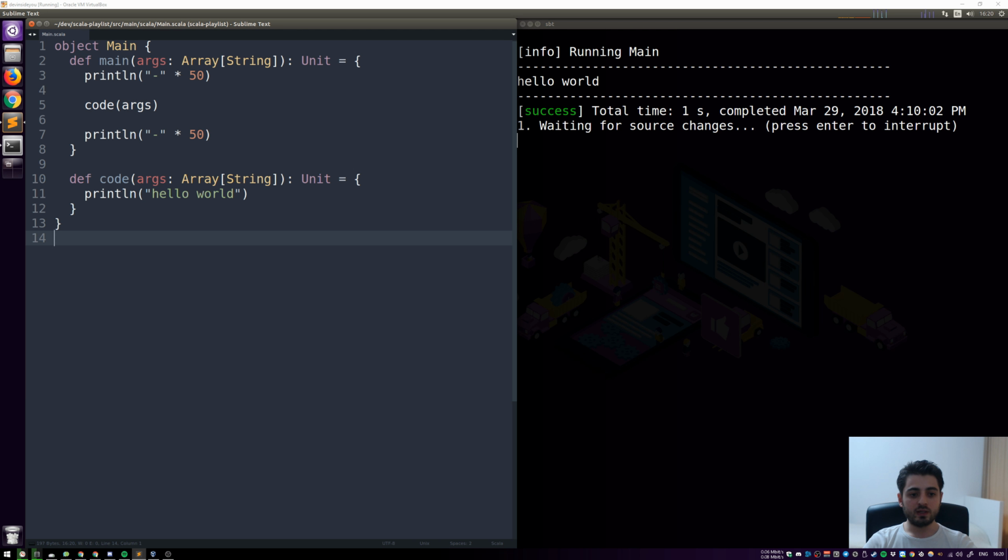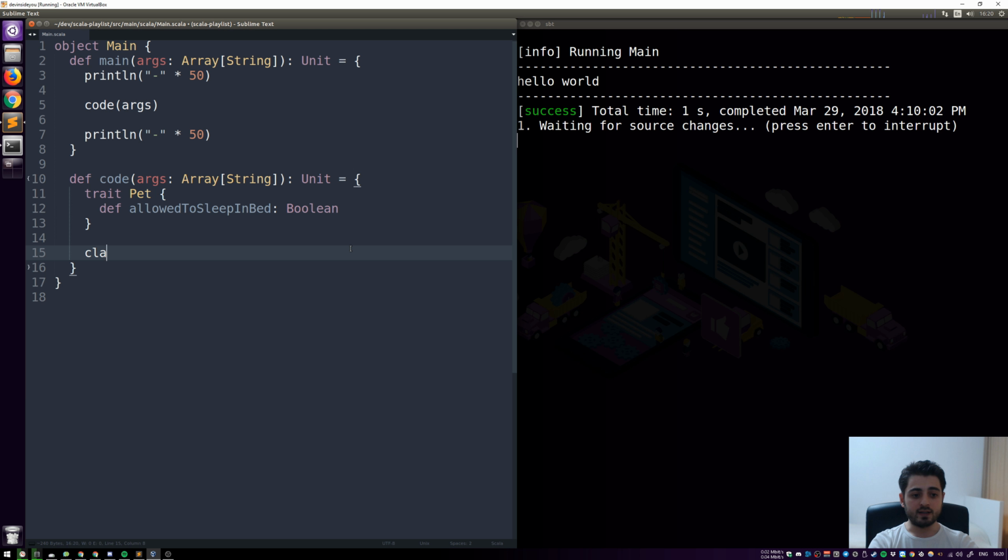Let's have an example. We're going to have a very simple hierarchy. We're going to have a trait called Pet, and it's just going to have one method called allowedToSleepInBed. It's a very thin trait because it's just going to have this one method and it's going to be abstract. Then we're going to have a class Cat extends Pet. Let me remove the cursor. And it overrides with a val, by the way, just because we can, this method with true, because a cat can sleep in bed. And now we're going to have a Turtle,